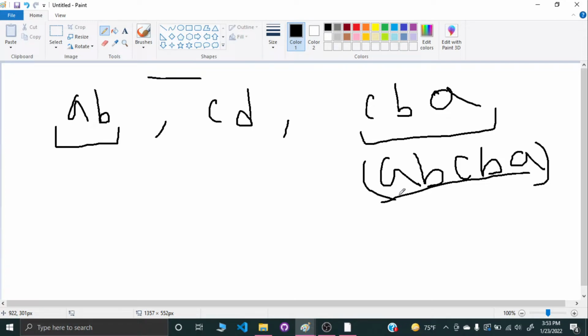Before jumping on to the solution, I've divided this problem's solution into 3 parts. The first part is that if you find any string in this array that already is a palindrome, then I will directly say yes, because I've already got one string which is a palindrome.